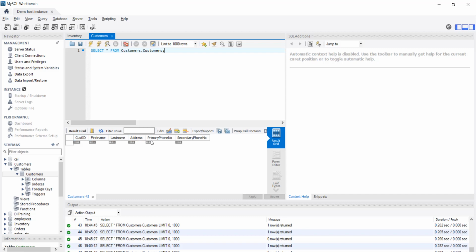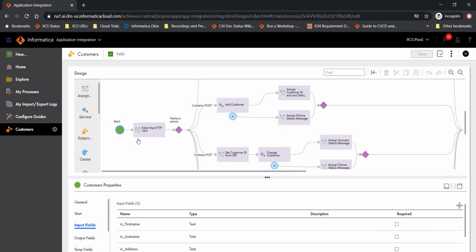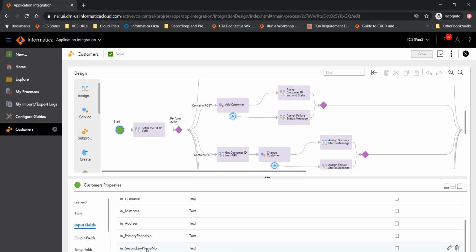They have an address, a primary phone number and a secondary phone number. As you notice here, this table is empty right now. It doesn't have any data. So in order to get this data into the database, you would have to provide information to this process to be able to add it to the database. You need to provide the first name, the last name, address, primary phone number and secondary phone number, and these become your input fields.